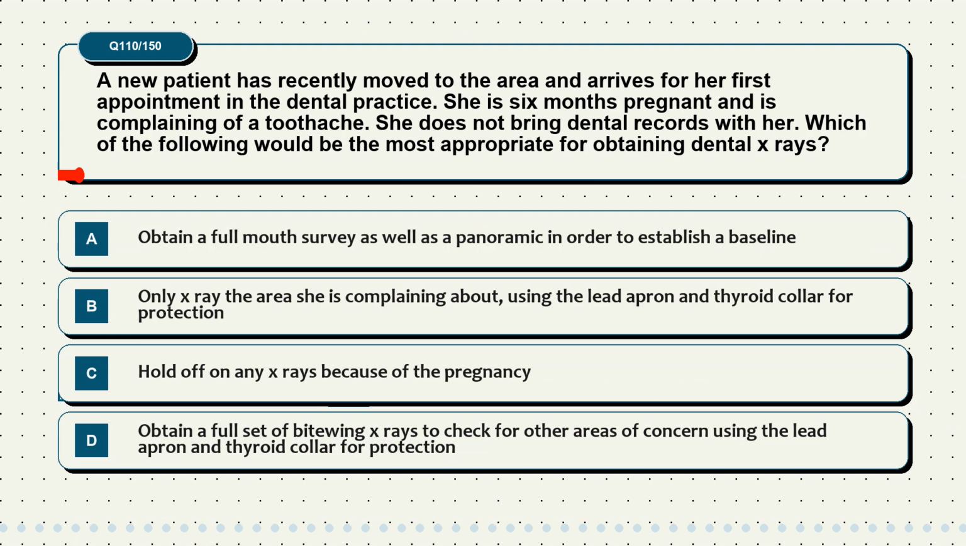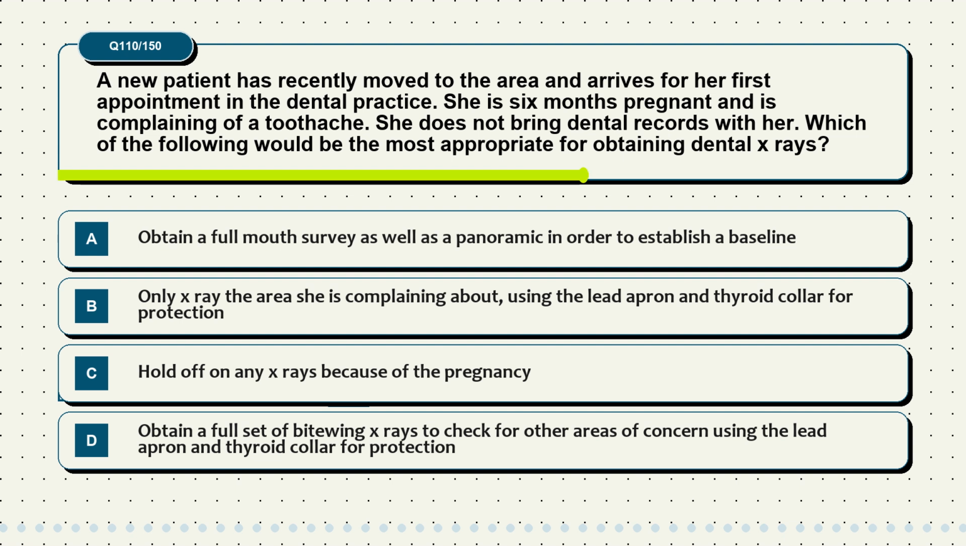Question 110. A new patient has recently moved to the area and arrives for her first appointment in the dental practice. She is 6 months pregnant and is complaining of a toothache. She does not bring dental records with her. Which of the following would be the most appropriate for obtaining dental x-rays? Here are the options. Option A. Obtain a full mouth survey as well as a panoramic in order to establish a baseline. Option B. Only x-ray the